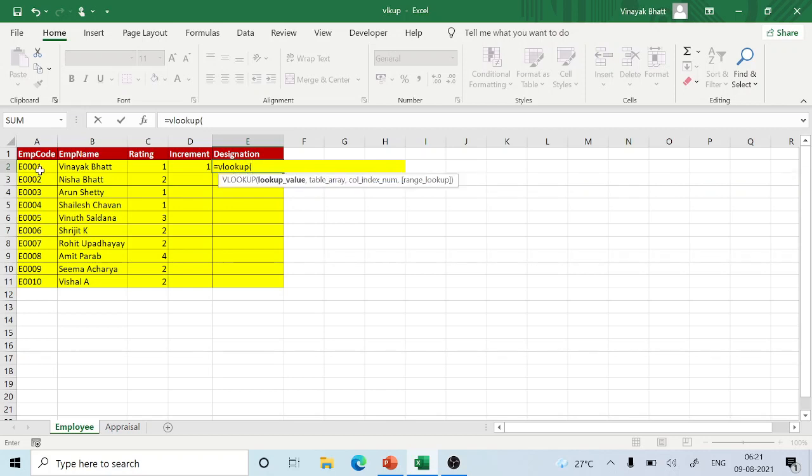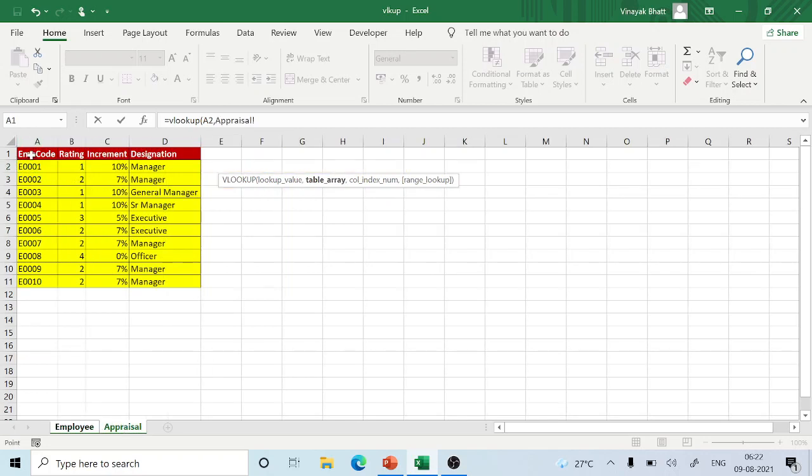I will select this employee code which I want to search in my appraisal sheet. I will select this criteria. This is my range of data. Now here, comma, which value do I want? The columns are employee code, rating, increment, right? So increment is the third index. So put 3 here, comma.